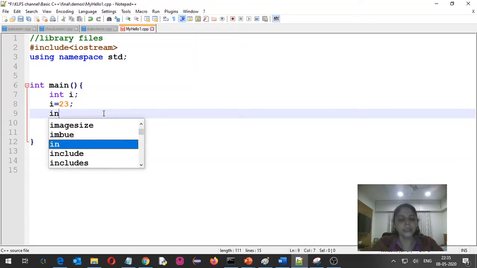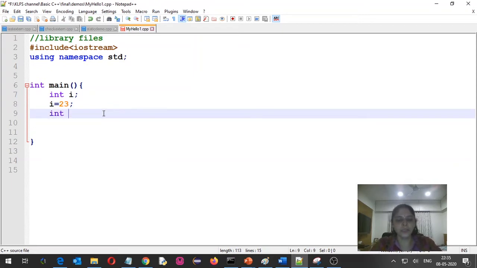But in C++, they have also created one more type of variable in which we use ampersand on the left hand side of the equal to. So we are using ampersand on the left hand side of the equal to. So this is nothing but called reference variable. When you are writing a reference variable, it is mandatory to initialize that variable to some existing variable.